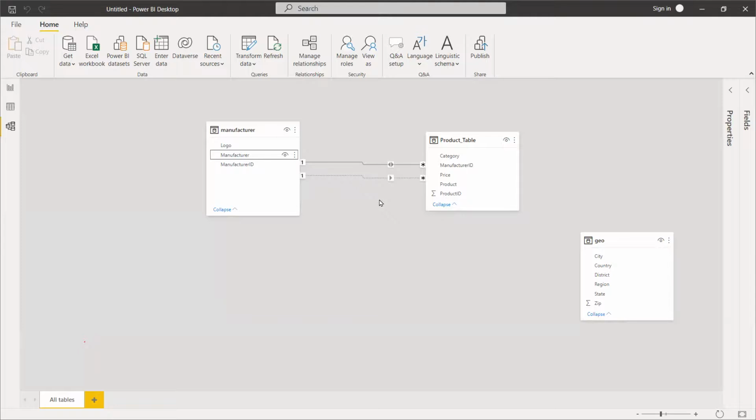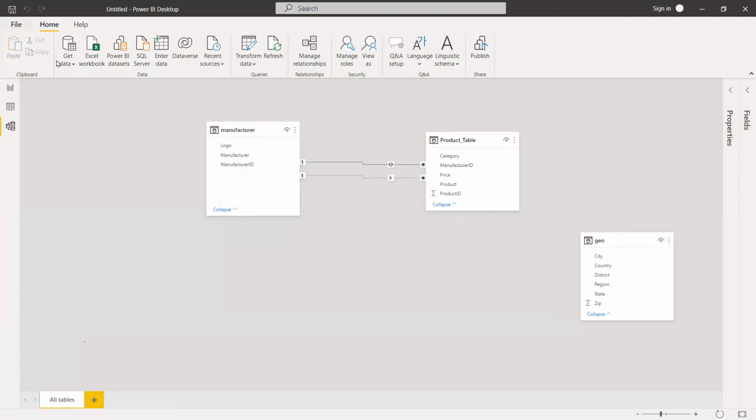For today's session, it was just a brief that there can be multiple relationships and how we can deal with them. We would be applying these in the upcoming sessions. For today, it was just the basics: what relationships are and how we can see them or remove them. And if I need to make it active, that's how we have relationships. The primary relationship is depicted using a solid line, whereas the inactive relationship is depicted using a dotted line.